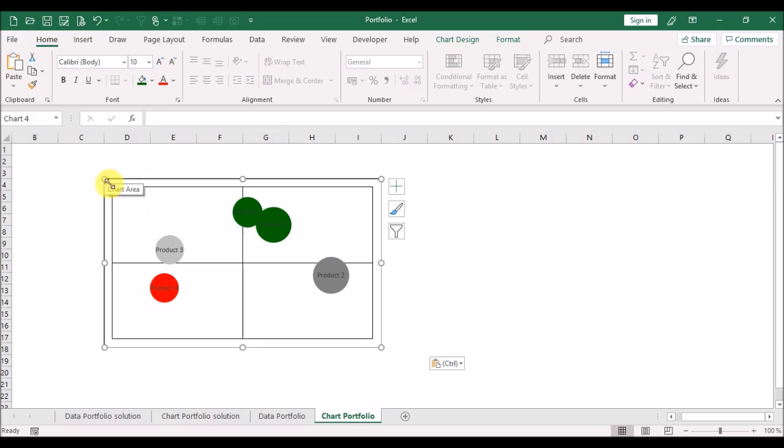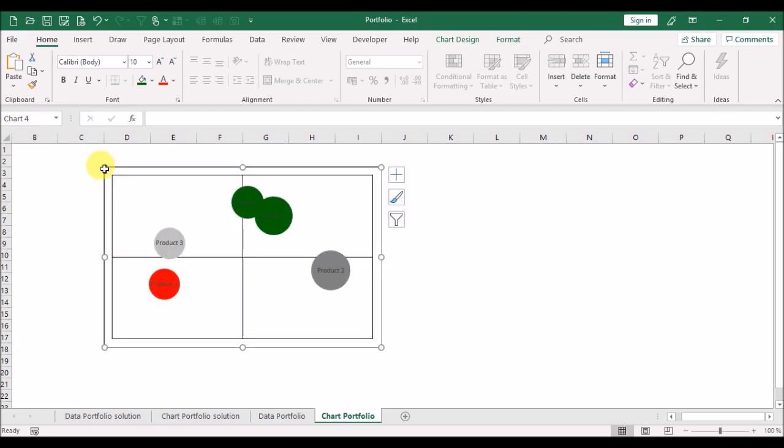Then if you go here to the left top, press the Alt key, and then with the left mouse key you can pull it here to the corner of the different cell. So we'll do it here at left at the top and right at the bottom. Press the Alt key and then the left mouse key, and it will close with the different cells.